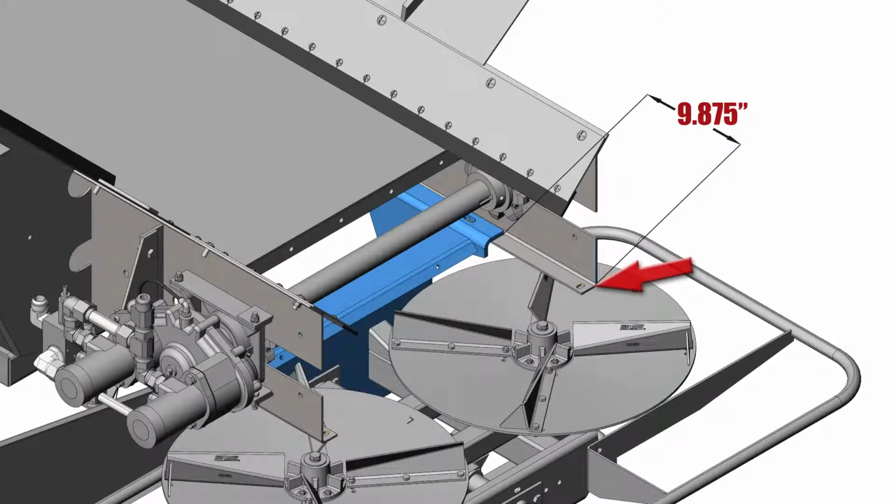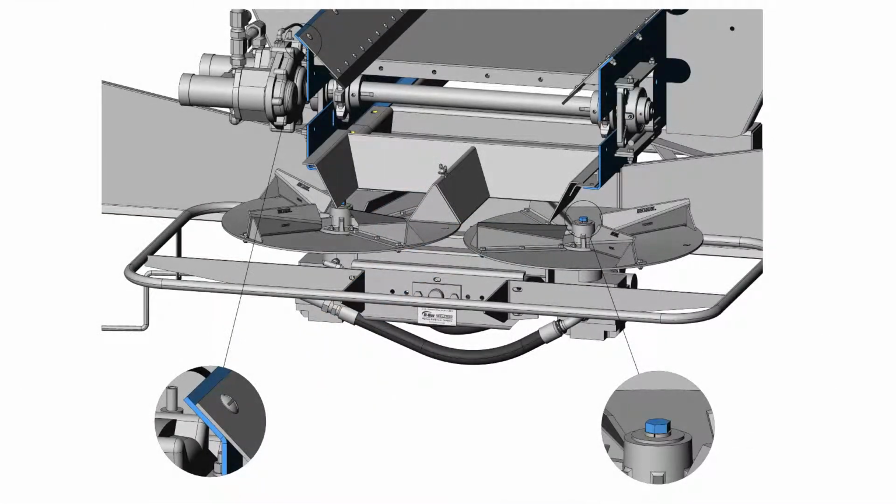Measure from the rear edge of the sill to the spinner assembly tab on each side. This measurement must be equal to 9 7/8 inch on each side, or no greater than 1/8 of an inch off overall. Next, check to make sure that the spinner assembly is centered by measuring diagonally from the left chain